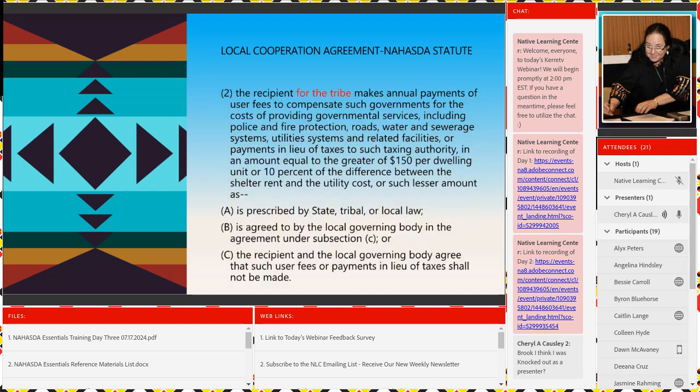And the recipient for the tribe makes annual payments of user fees to compensate such government for the cost of providing governmental services, including police and fire protection, roads, water, sewage, utility systems, and related facilities, or payments in lieu of taxes to such a taxing authority in an amount equal to the greater of $150 per dwelling unit, or 10% of the difference between the shelter rent and the utility cost, or such lesser amount as prescribed by the state, tribal, or local law, is agreed to by the local governing body in the agreement under subsection C, or the recipient and local governing body agree that such user fees or payments in lieu of taxes shall not be